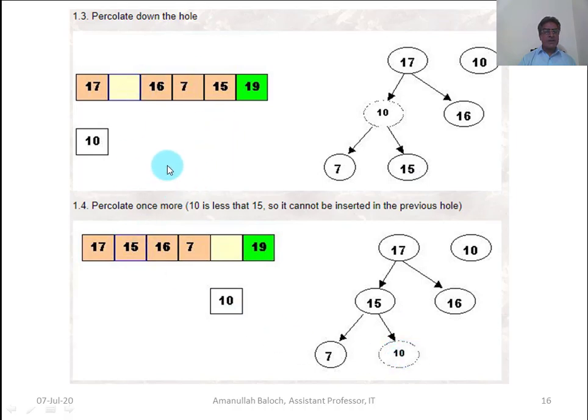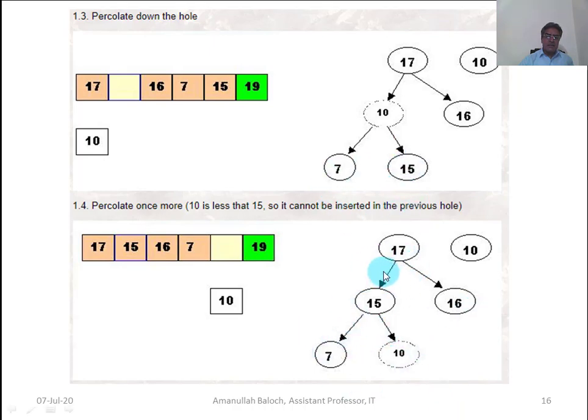The maxheap procedure will execute two times, and 10 will become the last element of the heap, because the heap size is now 5, so the last element is 10.